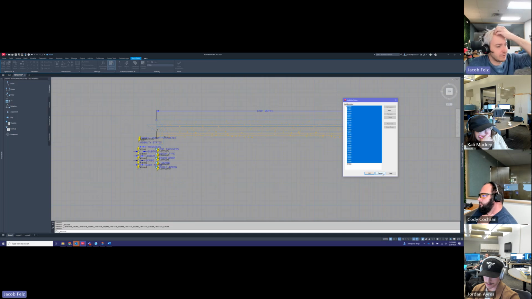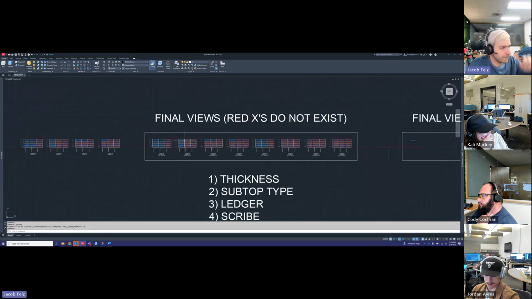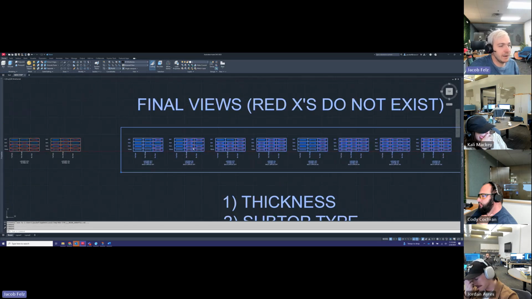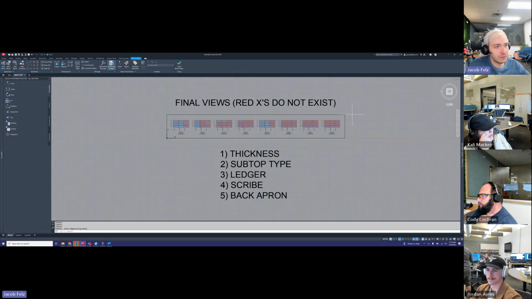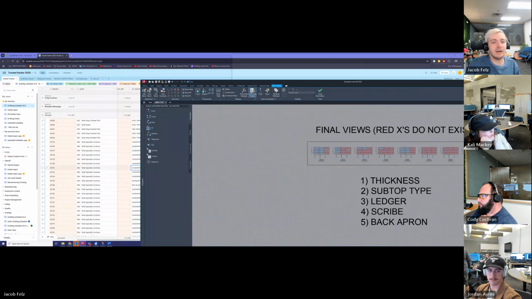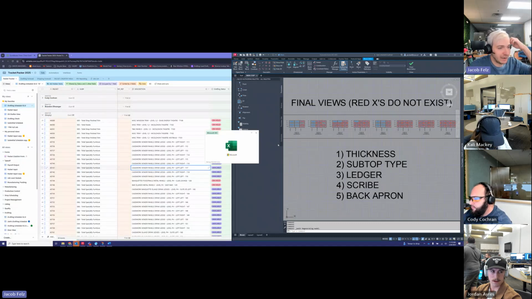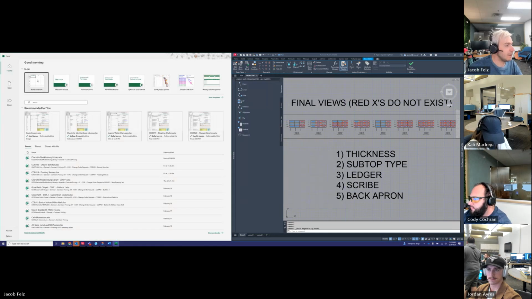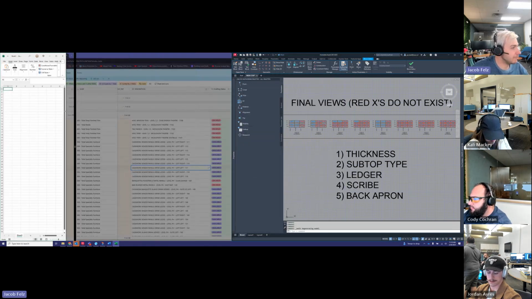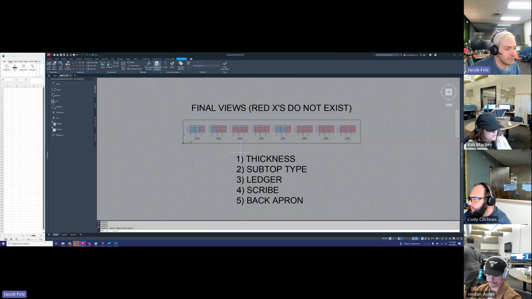So what we're going to do with this is go back to the other block over here, and we have this method of approach. We're going to go into Excel and make a spreadsheet, which is only going to be used to keep track of all the different combinations that we have available to us in the block. Let me split this up a little bit. We'll minimize this so we can get a good idea of what we're looking at. So let's start with